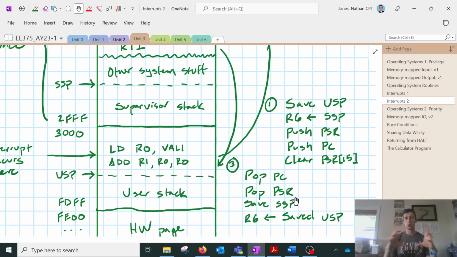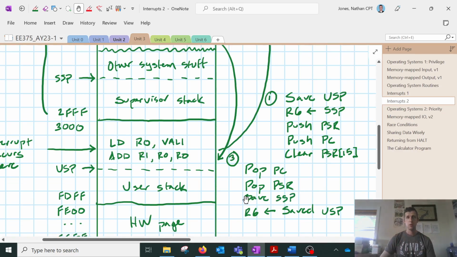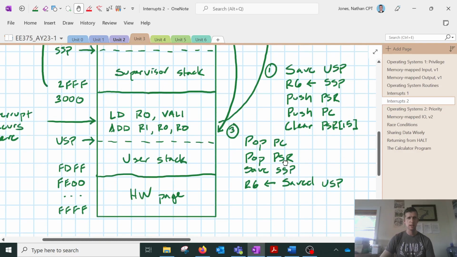So now we've effectively restored the state of the processor. We will save the supervisor stack pointer wherever that's at in a special register in the processor. And R6, the stack pointer, will get reloaded with the saved value from the user stack pointer that we saved here in step 1. And then the last thing is going to be to